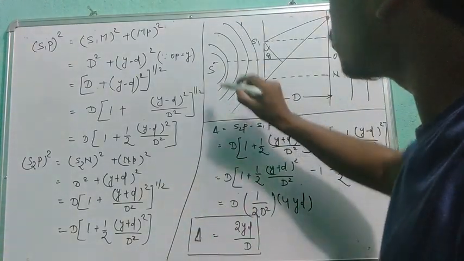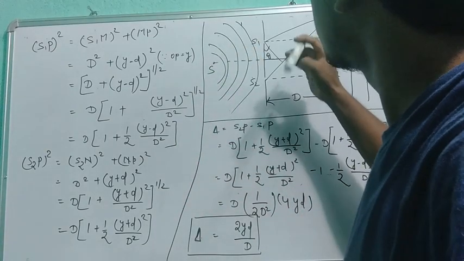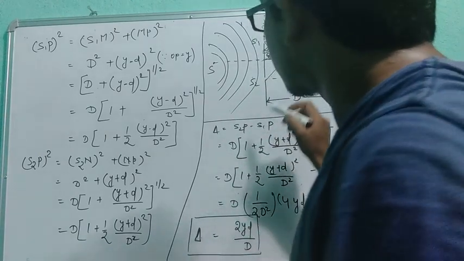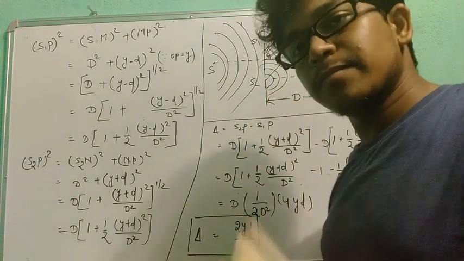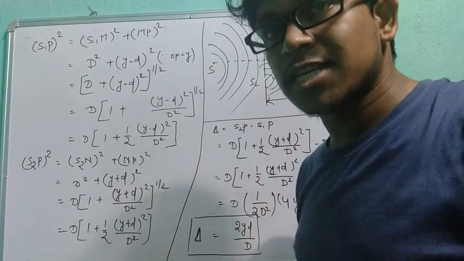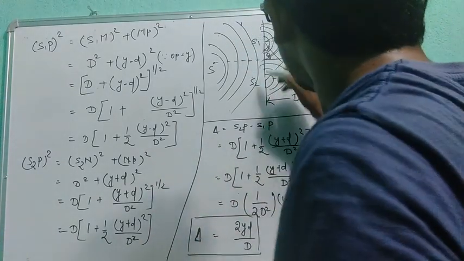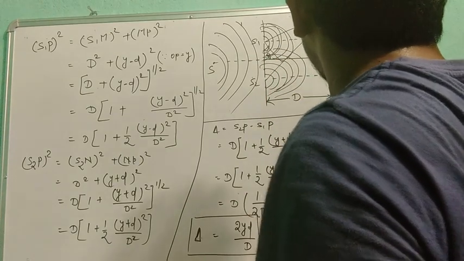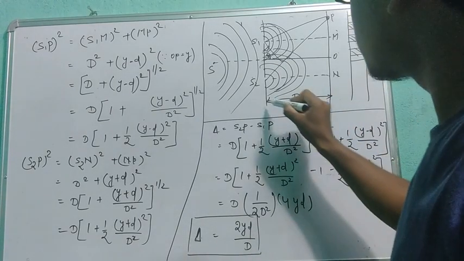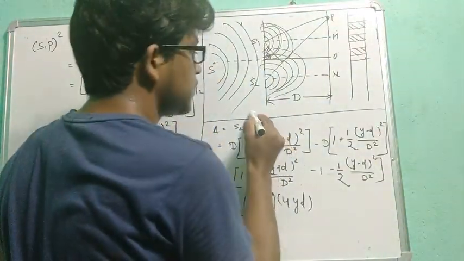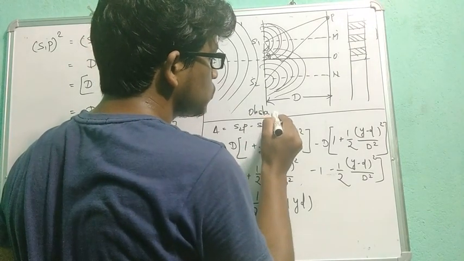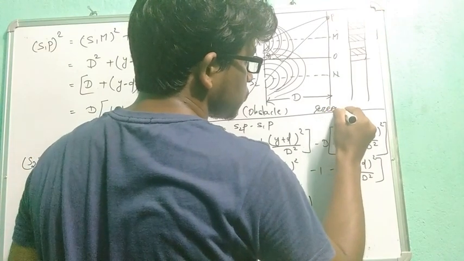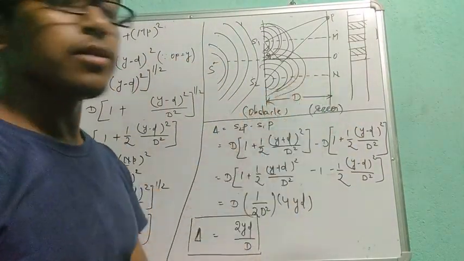Same thing, as I took one source, then due to the wavefront we are getting one more wavefront from source S1 and another wavefront from source S2. Same thing as I mentioned in Young's double slit experiment in the previous lecture. So these are getting superimposed, interfering, and we are getting this type of pattern. I had considered the distance between this obstacle. This is an opaque obstacle having two slits, and this is your screen. That may be fluorescent or phosphorescent, whatever it be. Light is falling on the screen.